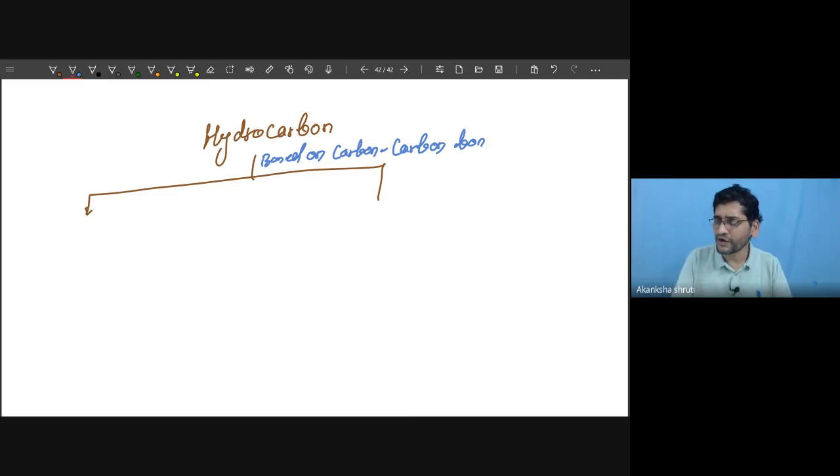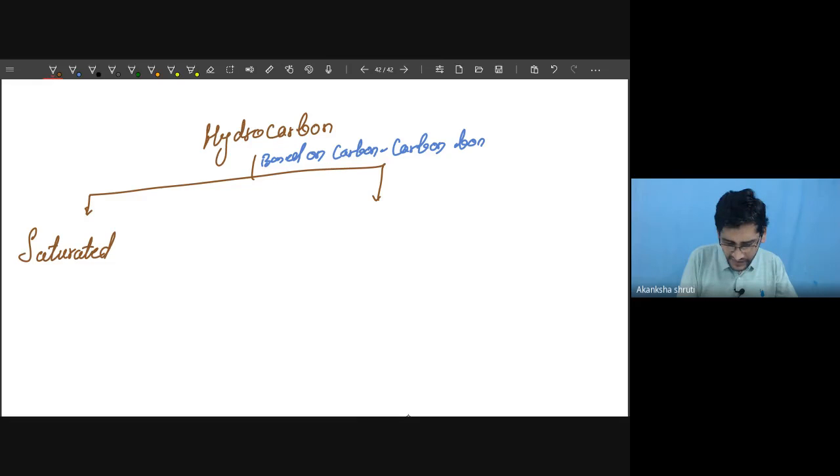Students, between two carbons, a single bond must be there. If some of the carbons contain a double bond in addition to single bond, then they are called unsaturated. So therefore, these can be broadly classified into two categories. The very first is called